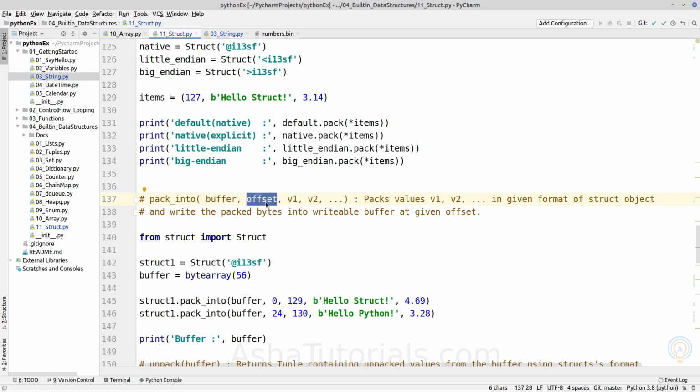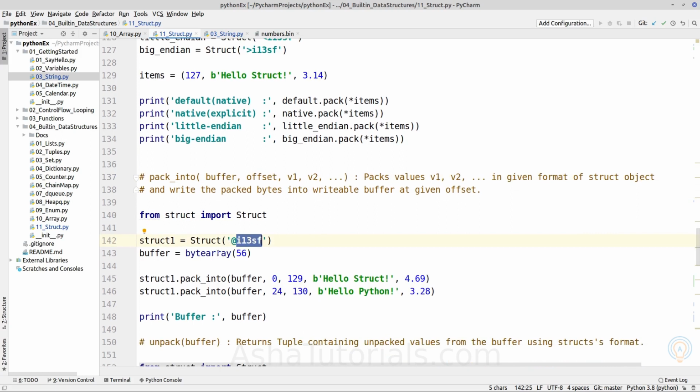Next is the offset, the position or index at which we want to insert the result of packing, followed by a variable amount of positional arguments which specify the ordered Python objects in the given struct format.